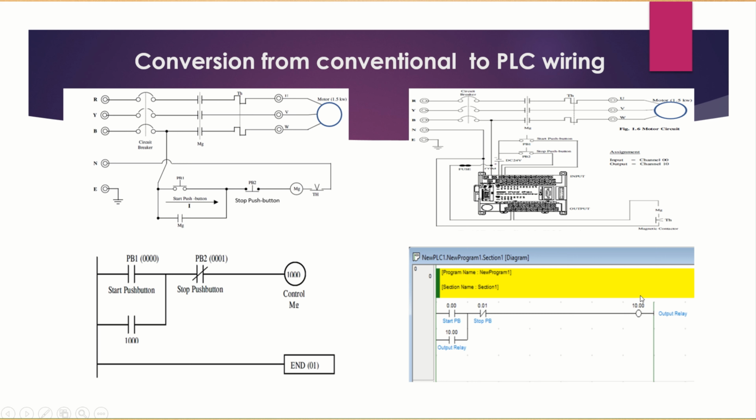This is the coil and we use the contact from the coil here for the seal-in contact. So as you can see, this ladder diagram for the CX-Programmer is somewhat similar to the